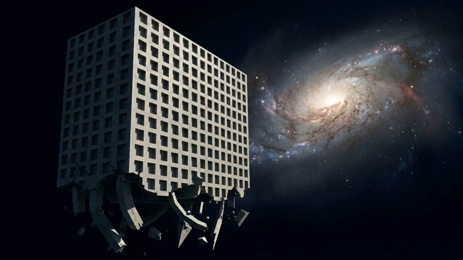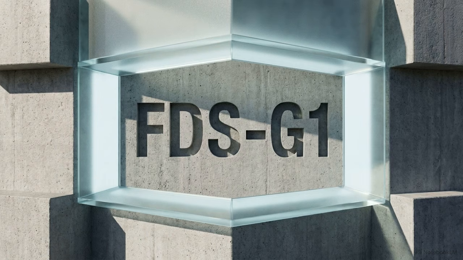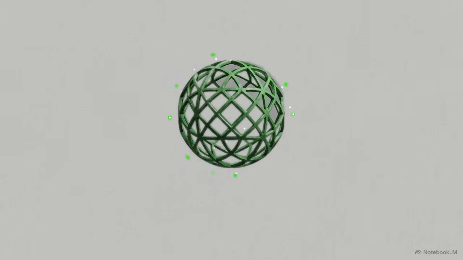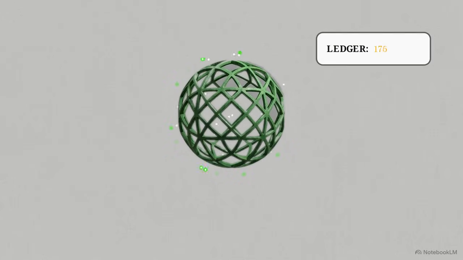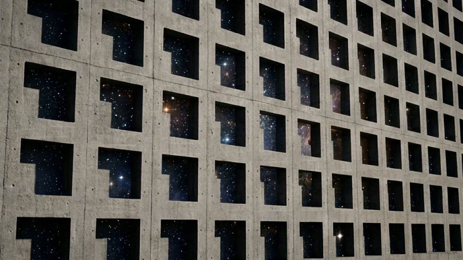If there is no external hard drive or monitor rendering the simulation, what is the physical hardware that actually holds spacetime together? The FDS gravity framework, known as G1, answers this by defining the boundaries of spacetime as causal screens. Watch this surface grid enclosing a spherical volume. These causal screens act as thermodynamic ledgers, tallying physical information crossing their boundaries. As information pushes and flexes the boundary, we see the ledger's entropy response. Gravitational curvature is simply the tension of finite capacity stretching. The universe does not require an external server rack to maintain its shape, because spacetime itself is the boundary ledger continuously auditing